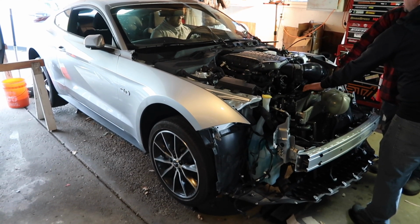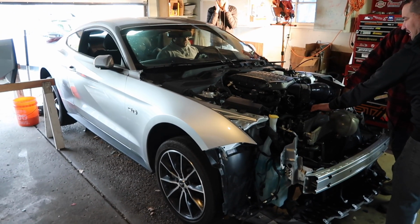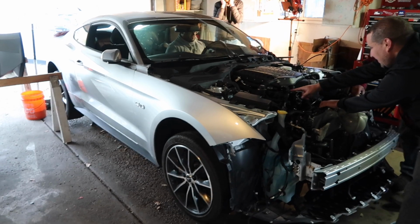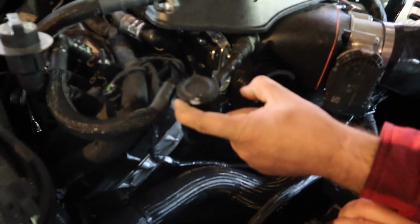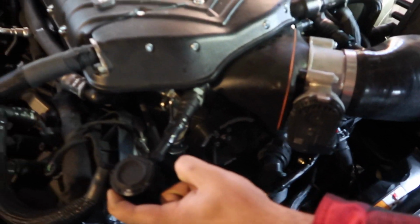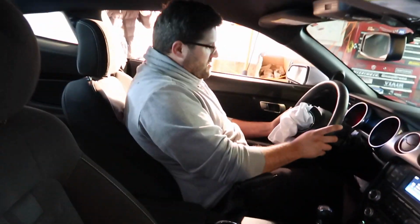Engine light? Oh, I don't know. Hold on, let me start it again. Oh my god, you hear that huge bang? Check engine light. Yeah, but...